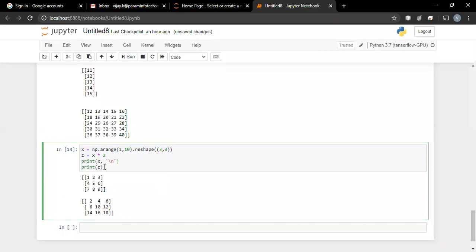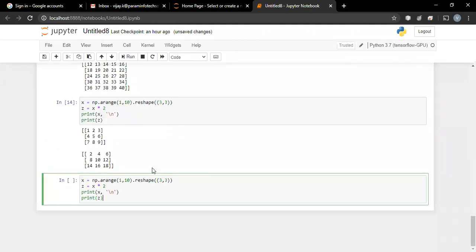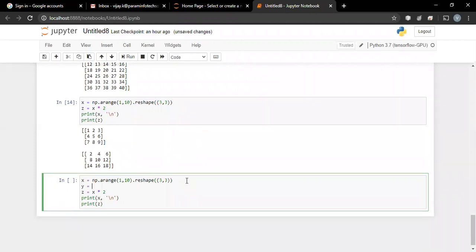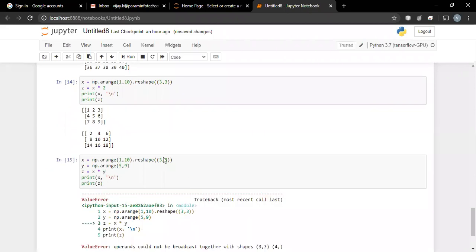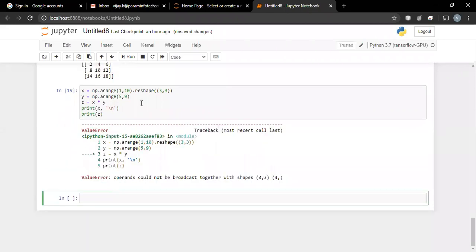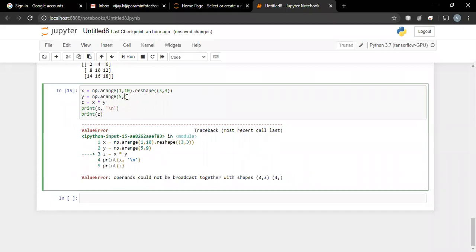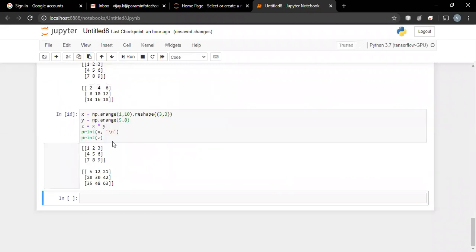If I want to go for matrix vector multiplication, can I go for that? It's simple, something like this. This is my matrix, and my vector is np.arange, let us say 5 comma 9, and let's multiply x with y. Is anything wrong? 5 comma 9, so there are 5 elements, 5, 6, 7, 8, and 9. So let us reduce it to 8. And now it is okay.